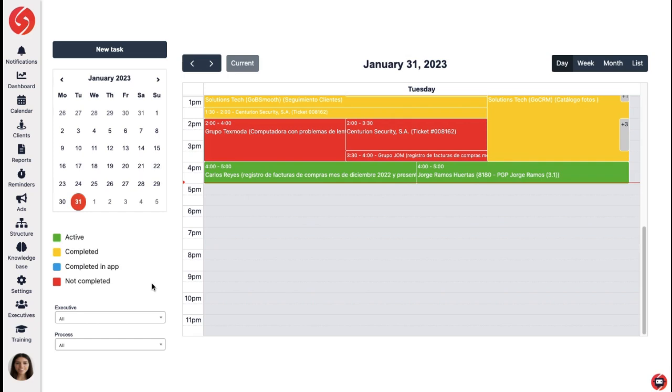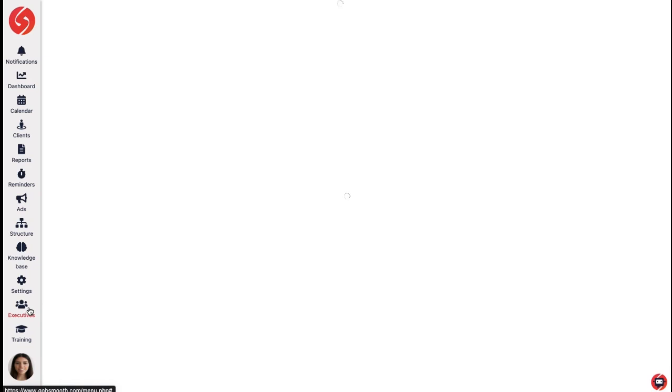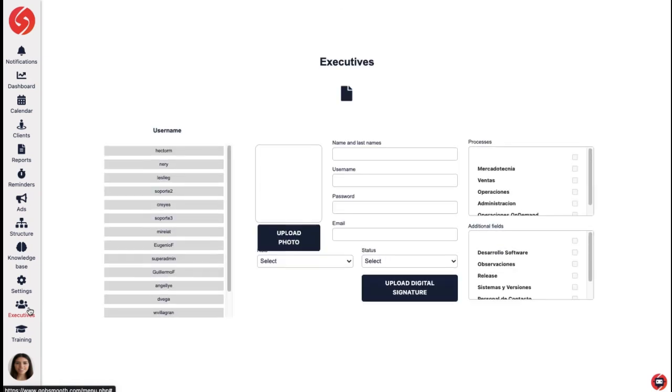The executive section is limited to admin users through the executives button on the navigation bar, as it allows us to manage users with access to the platform. To create new users, we click on the new button on the toolbar, enter the details,